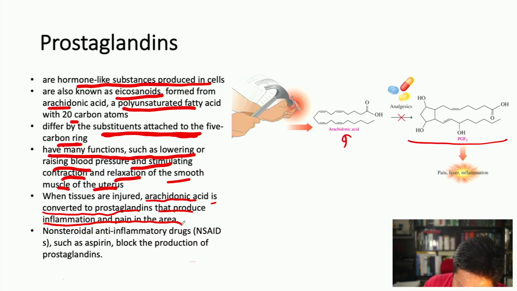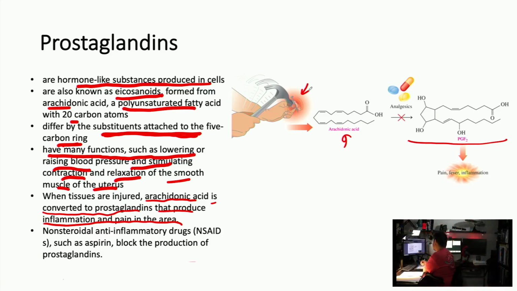And so you have a picture here of this guy who smashes his finger using a hammer. When that happened, all his arachidonic acid started being converted into prostaglandins, right? And that's why he feels pain, inflammation, and fever. You can mitigate it a little bit by using NSAIDs, or non-steroidal anti-inflammatory drugs, right? Those are things like aspirin or naproxen. They'll block the process of arachidonic acid being turned into